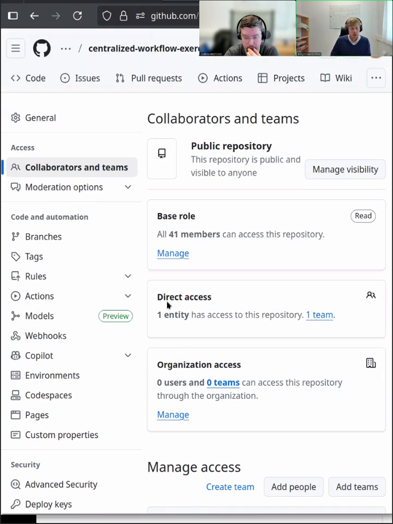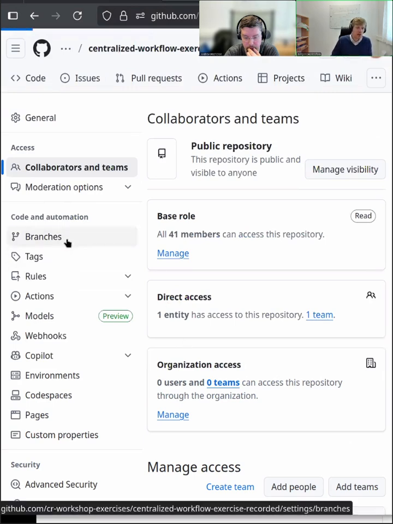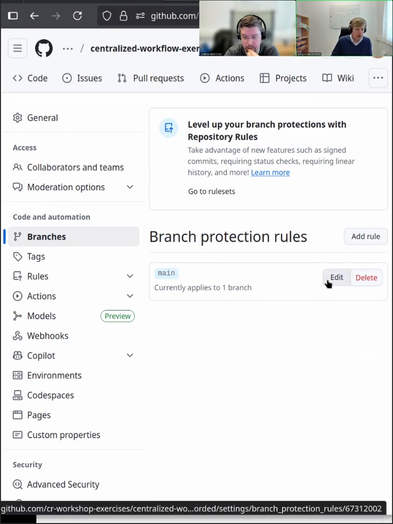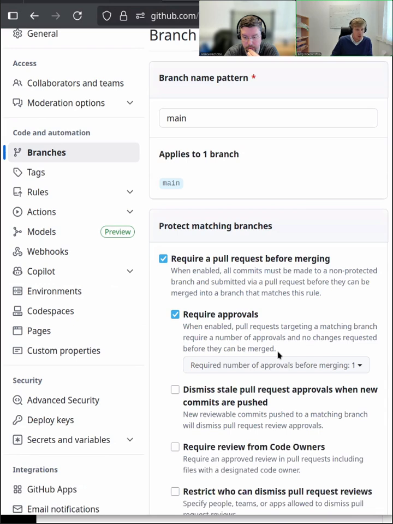Also, one thing that we can do, which I want to mention, is if you go to branches, we can set additional rules for these branches. In this case, I've set up a rule for the main branch that you have worked with already in the last couple of days in the CodeRefinery workshop. We can add this additional rule, which says that we require a pull request before merging. I would recommend doing that for repositories where multiple people work on it, since that means that no one can just change the code in the main branch without anyone else approving the changes. So this is something that you should enable. Otherwise, people might just by accident merge into the main branch, which is not what we want to achieve today.